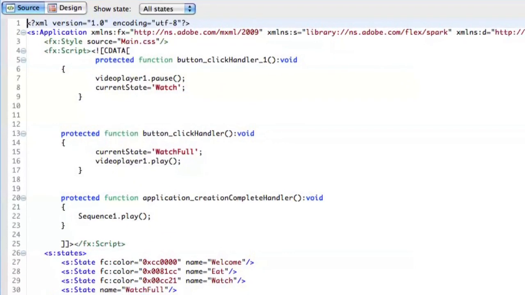You'll see that all the interactions, all the states, all the transitions have been used in the Flex framework all along the way while we have been using Flash Catalyst. And now they're available to the developer as code inside of Flash Builder. As a developer working with the code, I now have the option of bringing in live data services, working with other sorts of data like an XML source, or taking this project and distributing the development out to other people